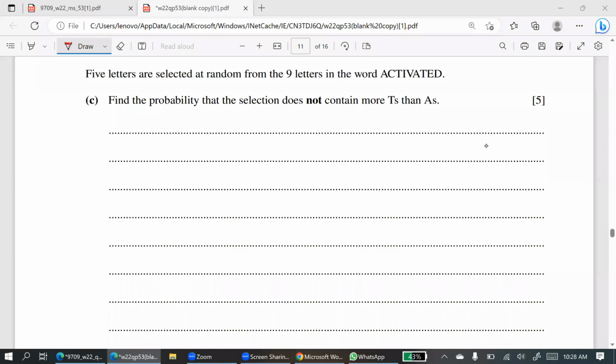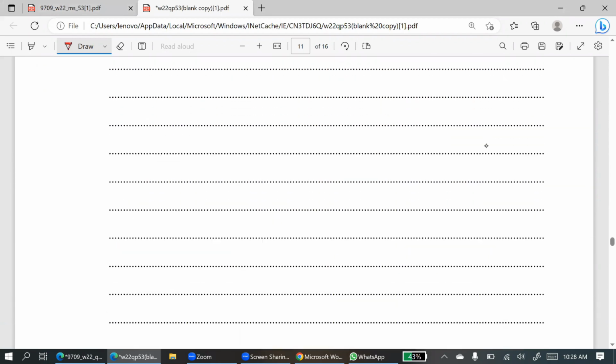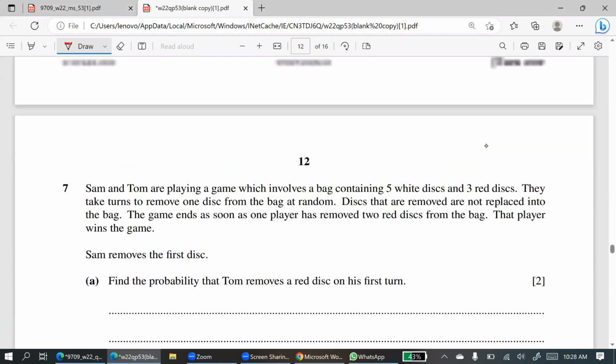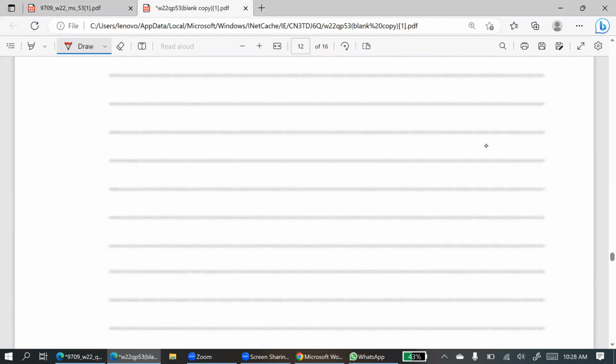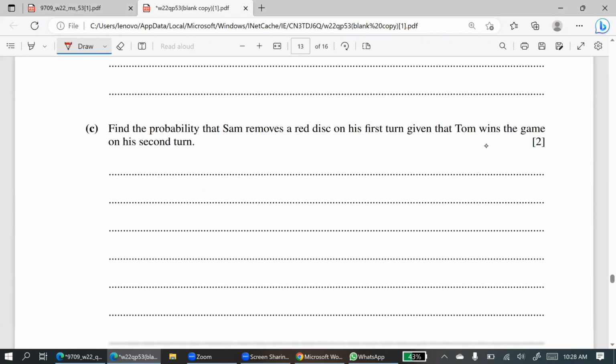Now, part C. 5 letters are selected at random from the 9 letters in the word activated. Find the probability that the selection does not contain more T's than A's. Now, first of all,